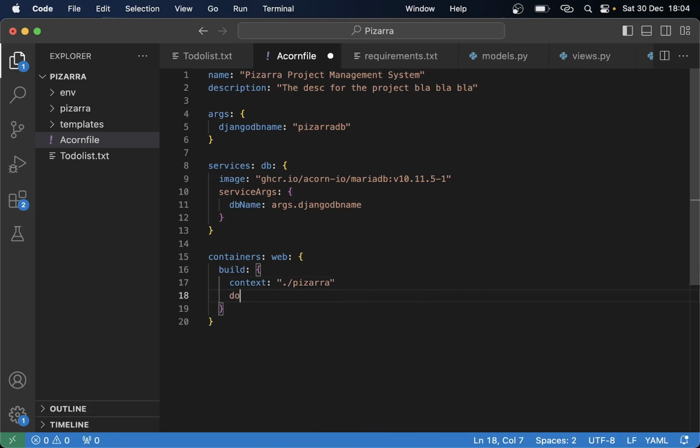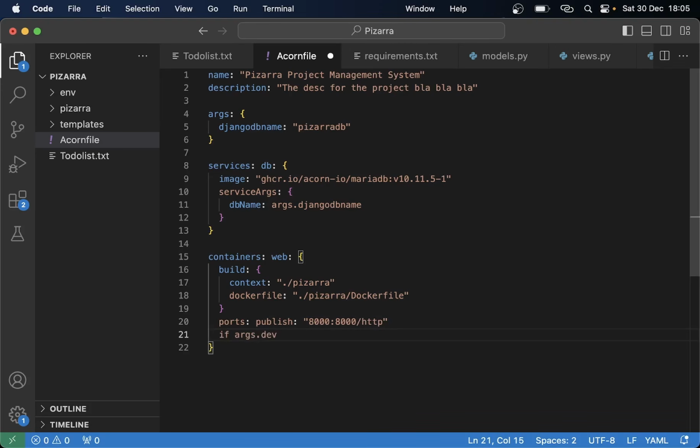And we also need to specify the Dockerfile we are going to use. So that is the next step. So then we specify ./Pissarra, and this name has to match this folder name, which is the project folder, Dockerfile. We're going to create this very soon. And then below the build we specify which ports are going to be used. So ports, publish 8000:8000/http, and if